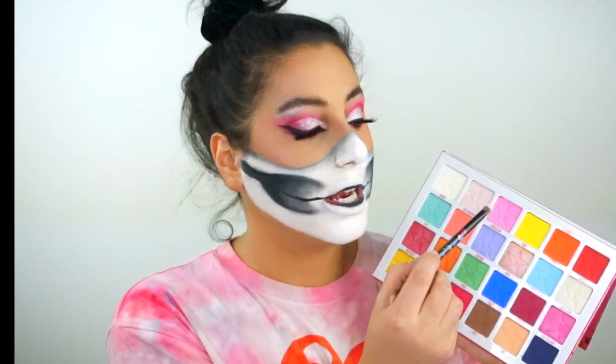Okay, just to save time, I'm gonna do this on the other half of my face, and then we can get onto the twinkly light teeth. Okay, so I have both sides of my skull outline done, and now it's time to move on to the Christmas bulb teeth. So I'm going back into my Jeffree Star Jawbreaker palette, and I'm gonna dip into that same